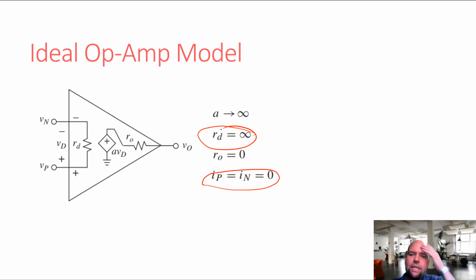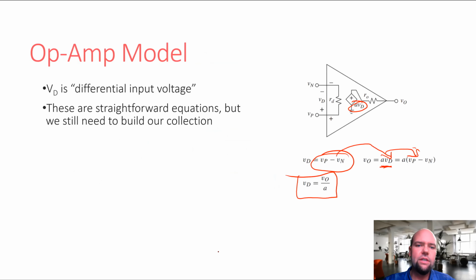The current flowing in being 0 is pretty good. When it becomes a problem, though, sometimes people try to push the limits of what they do with op amps. So if you have an op amp and you have an input which is a tree, like I talked about in the last video, and that tree has a resistance of 1 gigohm, well, now you've got to be careful. Now even a small, going back to our equations,